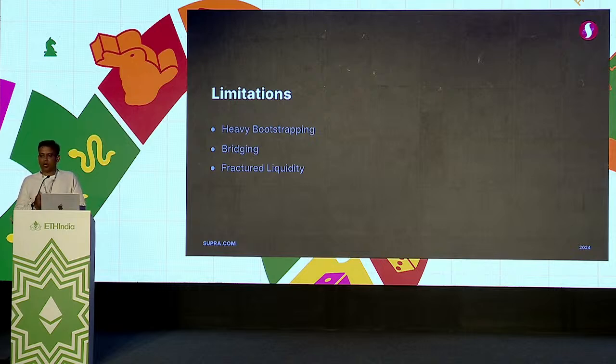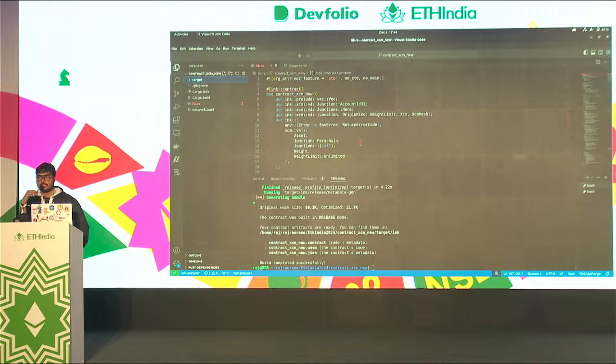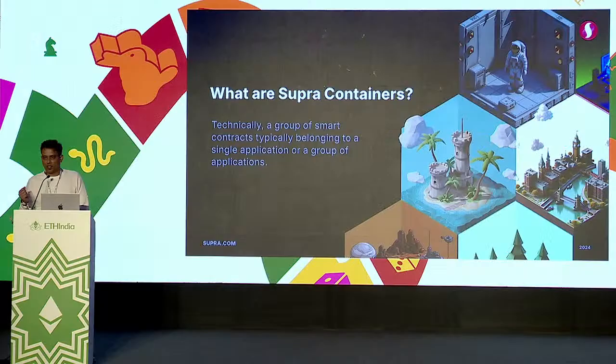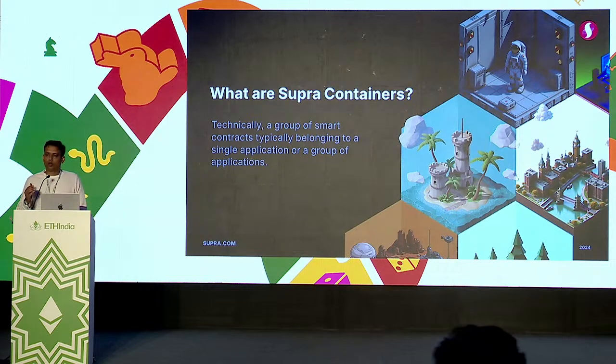So users or institutions send a message, and these instructions will execute on the same chain, and you don't even have to use something like a balancer. In the rest of the slides I'll try to show how Supra containers give the app chain experience on a layer 1 blockchain, for multiple app chains, for multiple apps. I'll also try to show and argue that it goes beyond app chains.